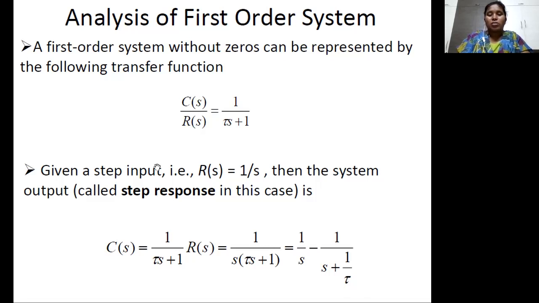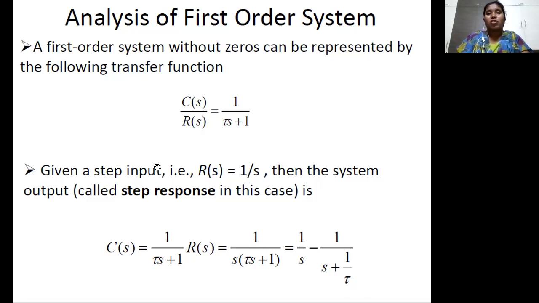What we saw earlier, the step response: if you are considering, that means u of t is equal to A at t greater than or equal to 0. At t less than 0, u of t is equal to 0. What I am saying here is, I am considering a unit step input. That means u of t is equal to 1 at t greater than or equal to 0. At all remaining values, that should be equal to 0, right? So here r of t is equal to u of t is equal to 1.